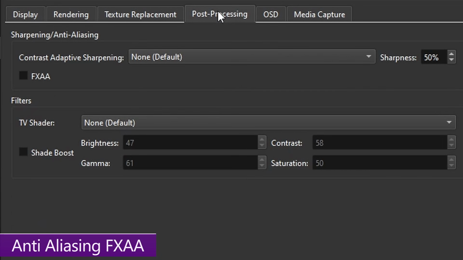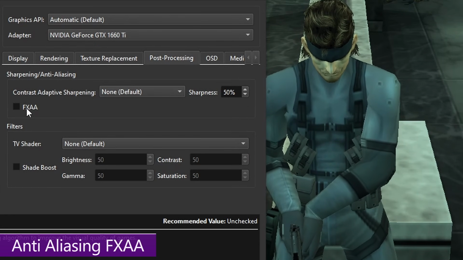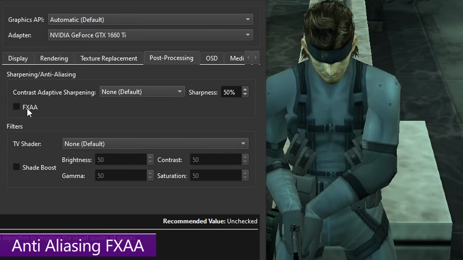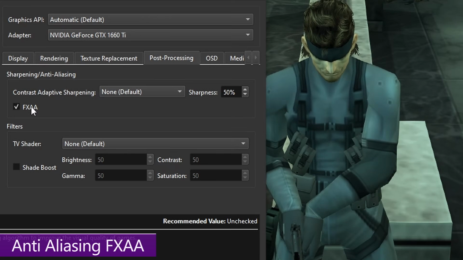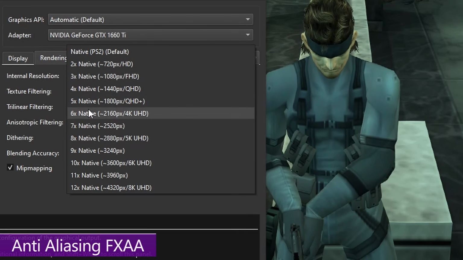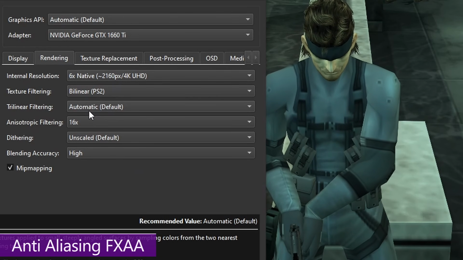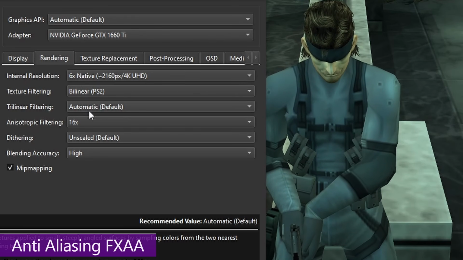Now we can move on to post-processing and proper anti-aliasing. There's two different ways to do it, both pretty nuanced, and we're going to start with FXAA. Now FXAA is an often bashed form of anti-aliasing. However, its effectiveness is only ever as good as its implementation, and with PCSX2 it's actually pretty good. However, its effectiveness can drop off at higher resolutions, which tends to be around about the 4K mark. So 4K and above, it is going to take an effect, but you're still going to have a few jaggies